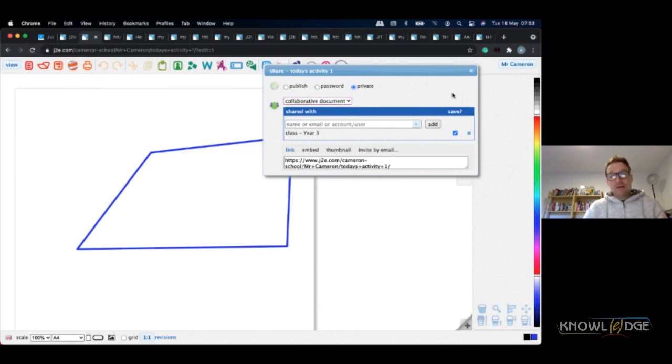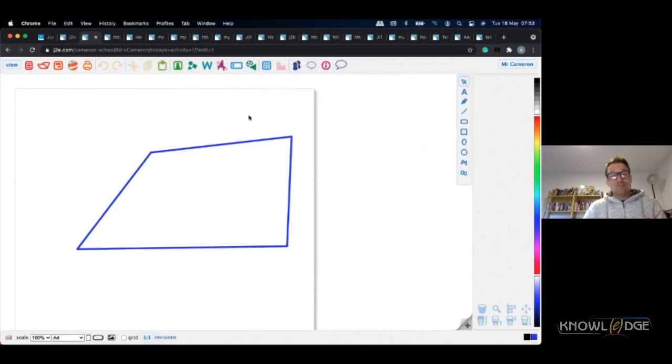The edits will appear automatically, and you will be able to see who's working in it and who is doing what on that worksheet too. Again, if any of the students press save, they will be able to save their own copy of the collaborative work that's in it.